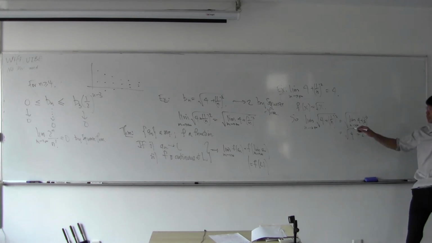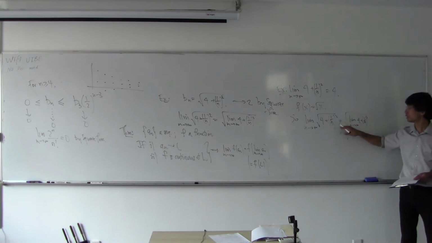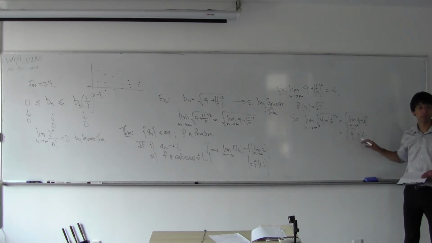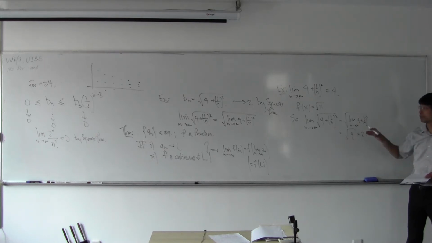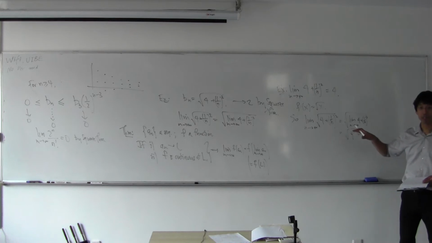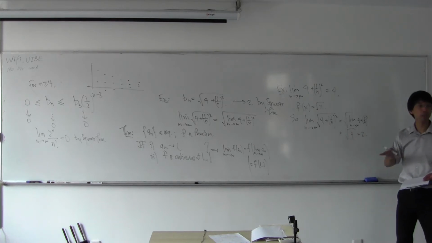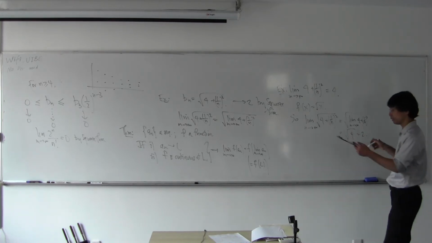Okay. The limit of the square root of the sequence is the square root of the limit of the sequence. In other words, the square root of 4, which is 2. So as long as you've got a function that's continuous, you can slide the limit through. So for example,